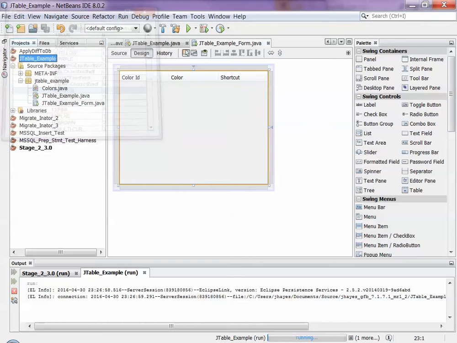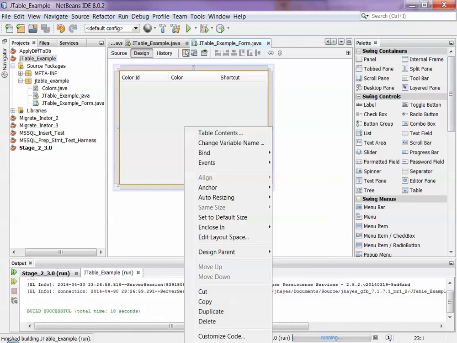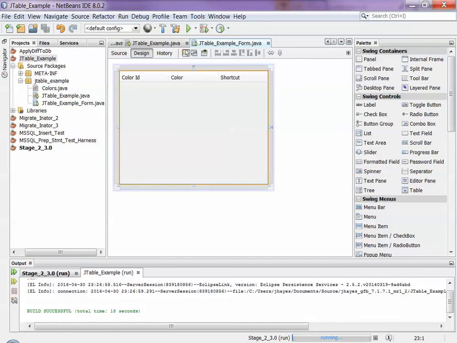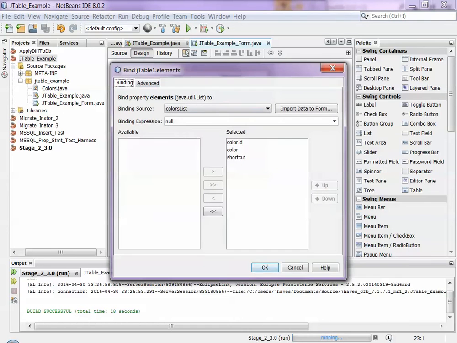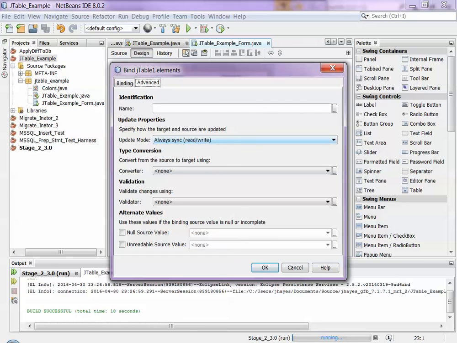Well, again, much to my chagrin, I spent pretty much the entire day on this today, and eventually I started poking around sort of in desperation. And what I found I need to do is come into here, bind elements, come into the advanced page, and give this guy a name. So I'm going to call this the colors. I don't think this name really matters. I've only found one place where it's used, and it doesn't seem to be that important. But if I give this binding an identification,